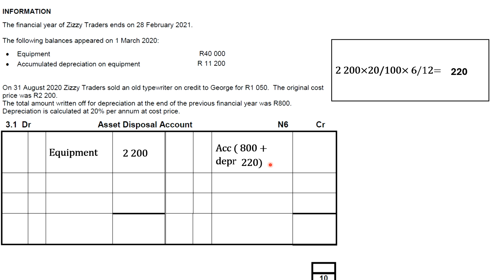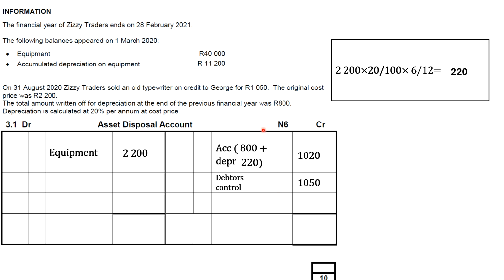Once you've done that, you add up. This is going to add up to 1,020. Now that we've added that, we record our selling price, because they told us that we sold it on credit for 1,050. So we come and record it here. If you forgot, go back to the video, look for the formula, copy it down. It works better once you know the formula and memorize it. So we write debtors control because we sold it on credit, 1,050, which is given here.